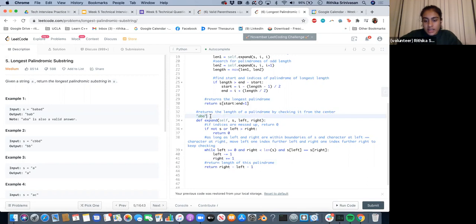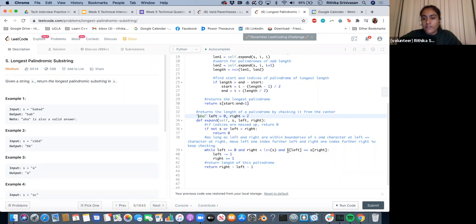If this was s and you gave left equal to 1, which is the B, and right also equal to index 1, it would check that the characters on left and right are the same, then subtract 1 from left, making that 0, and add 1 to right. Then it would go back into the loop and check that those letters are the same, and it only exits once it reaches the end of the string on either side,